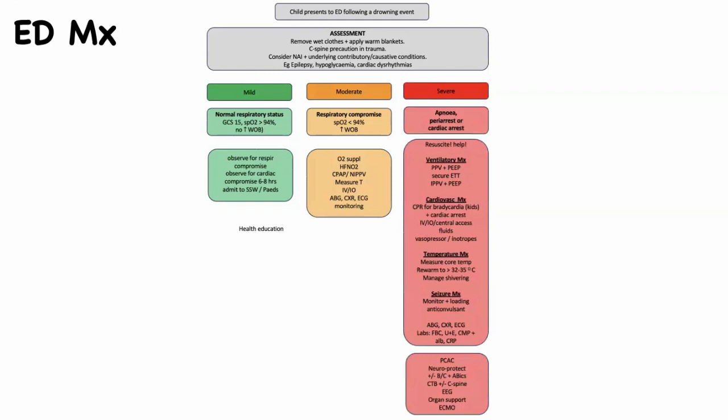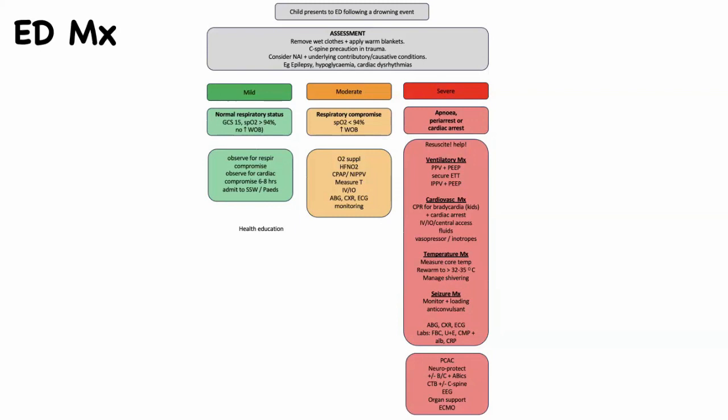Okay, if they come with a severe drowning, that means the patient has severe respiratory compromise, even potentially respiratory arrest. They need actual airway intervention, usually in order to facilitate the respiratory interventions. They also might be in profound respiratory distress with hypotension, or they very well might have no pulse whatsoever. So these patients will need ventilatory management. You have to do positive pressure ventilation, and this is the one time that you will probably give PEEP in cardiac arrest.